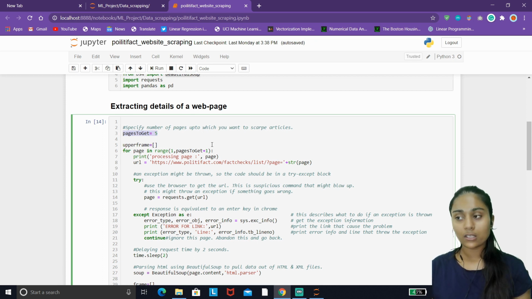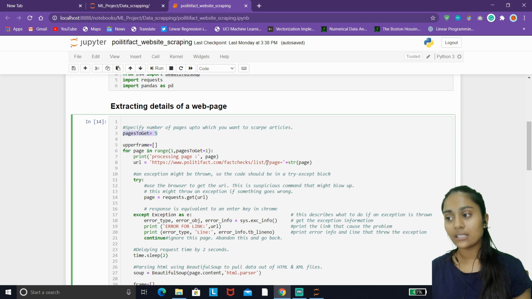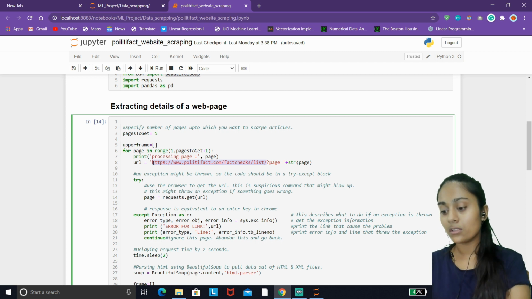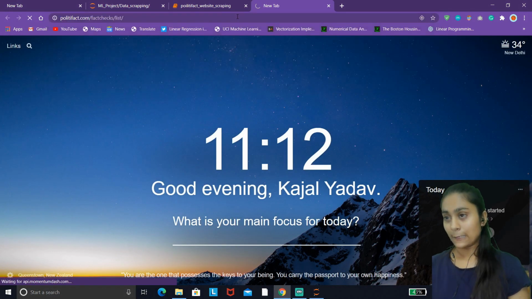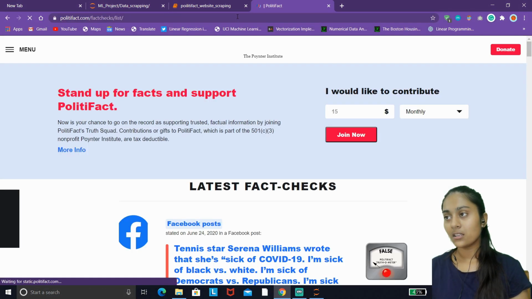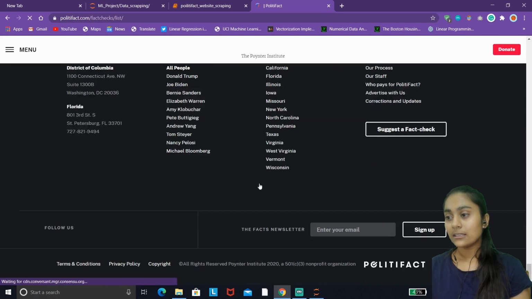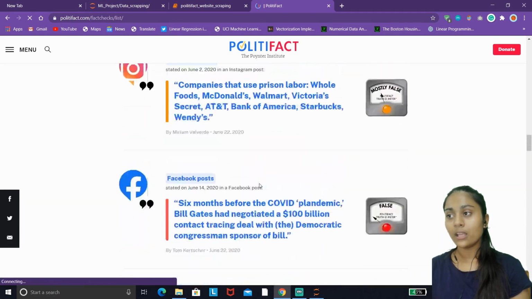For better understanding, let's demonstrate this. Just copy this URL from here up to this point with Control C, open a new tab, and paste with Control V. This is how my web page looks.